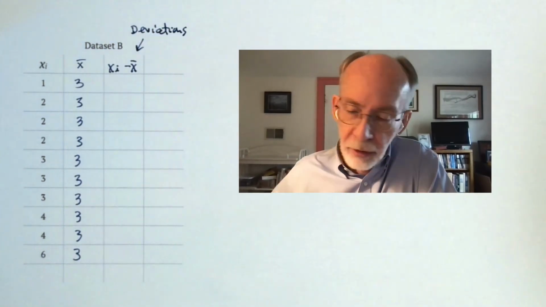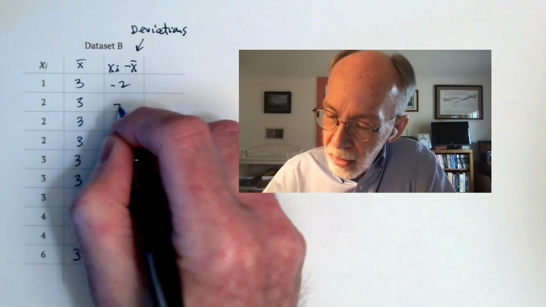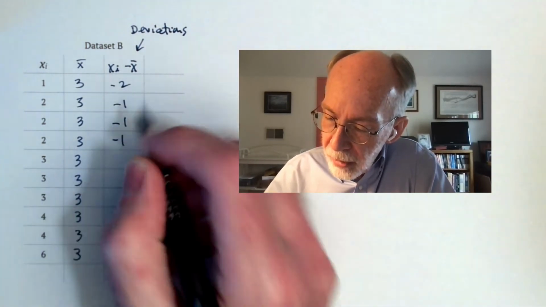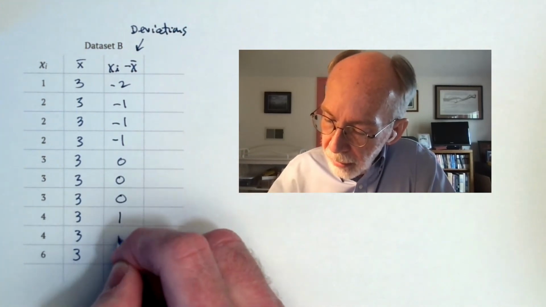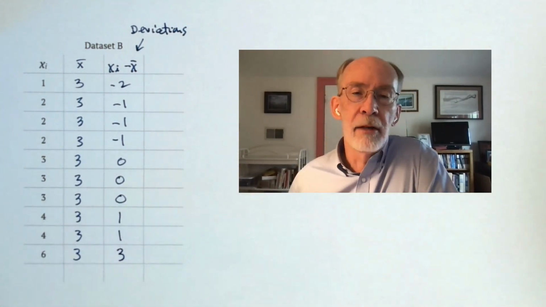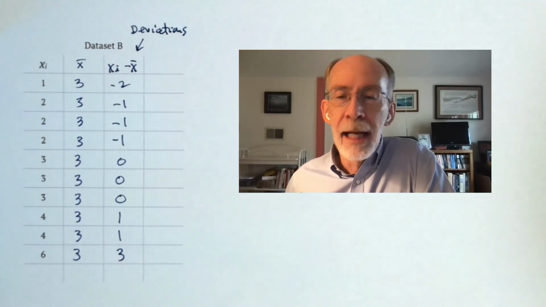And so we'll just go through and do this. So 1 minus 3 is -2. We get some -1s. 3 minus 3 is 0. And we got a couple of 1s, and we've got a 3. And you might think, all right, we could just add these up, and that would be some kind of measure of the spread. Except